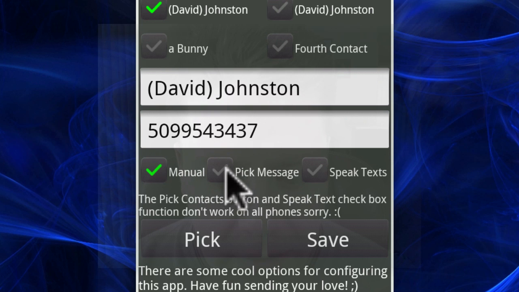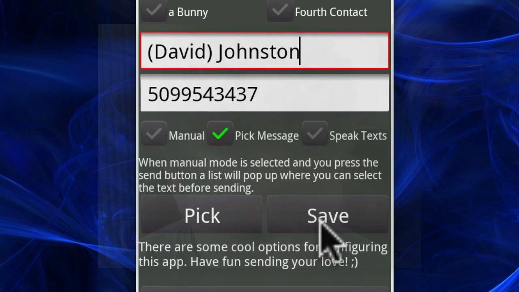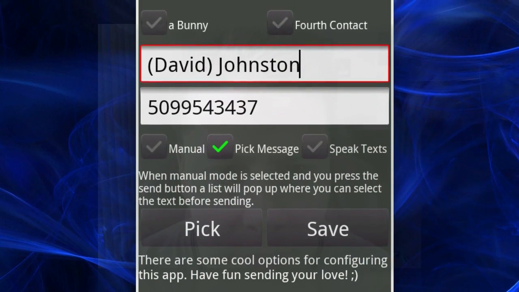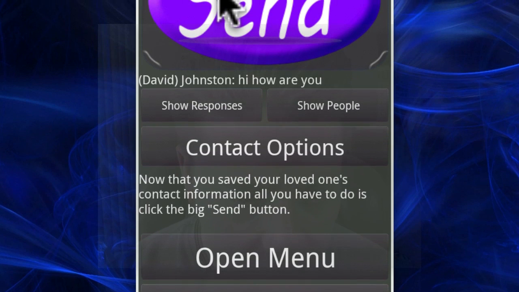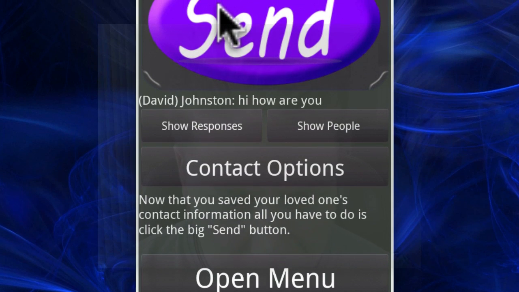Okay, so now we have pick message, which allows you to pick which message is going to go first. So it automatically shuts off manually. You can see you can only have one or the other on. So go ahead and hit save again. If you remember this, it wasn't in the last video, but it was in the free version. So now when you hit send,